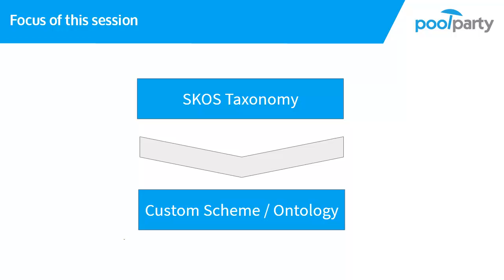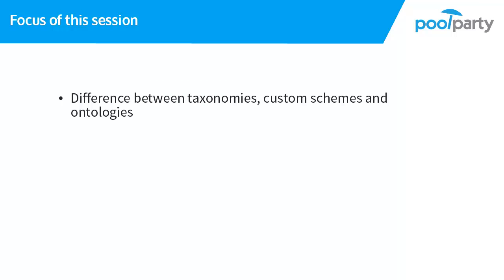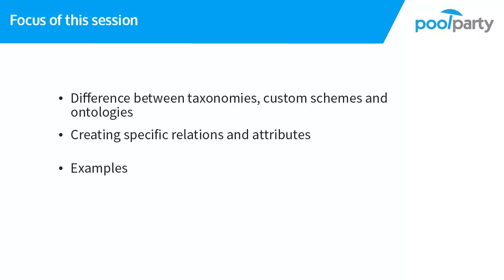Hello! In this session I will show you how to increase the expressiveness of your taxonomy. We will especially focus on the difference between taxonomies, custom schemes and ontologies. After this session you will be equipped to create specific relations and attributes that describe your domain as precisely as you need it for your applications that rely on that knowledge model. And we will also go through a couple of concrete examples together that will help you to reproduce the knowledge